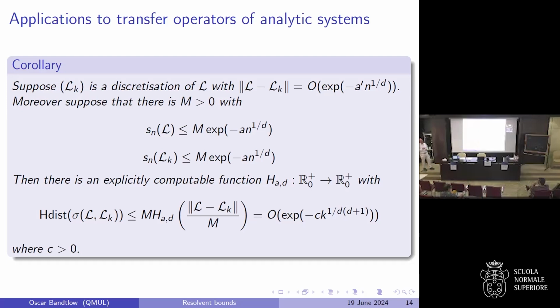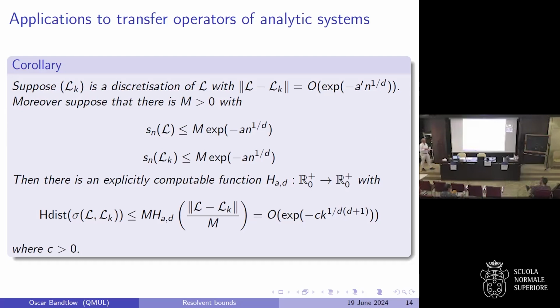I can then calculate the function G_A in this case, or the corresponding resolvent bounds. And I can calculate how fast the function G grows at infinity. So how fast the function grows at infinity depends on how fast the singular values decay to 0. And this in turn depends, if you look at the definition of this function h of a, on how fast the function that gives you an upper bound for the Hausdorff distance decays to 0 at 0,